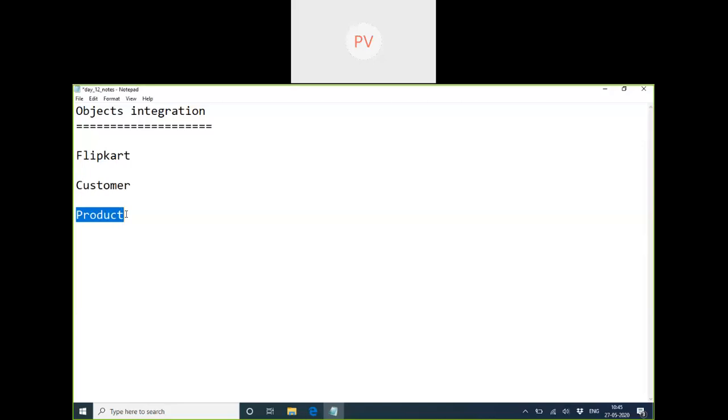Both the products and the customers are a part of Flipkart, connected via the Flipkart app. So Flipkart has a list of products as well as customers. Customers can log in and check the list of products available so that we can purchase and pay the bill for it. To do such programming in Java, everything is an object, and an object is made up of a class. So Flipkart will be a special class, customer will be another class, and product will be one more class.